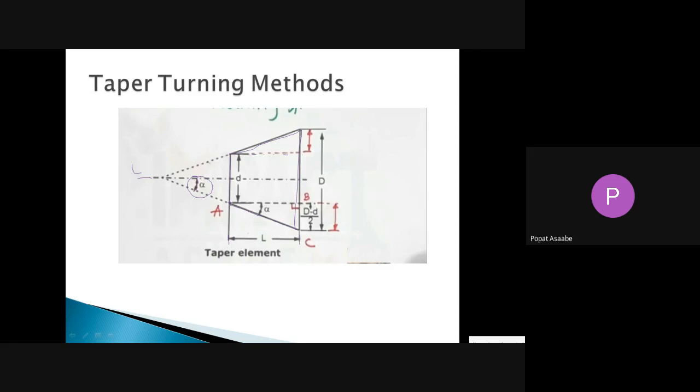Now suppose I want to calculate that much distance. Then how to calculate? Yes, anybody tell me. Suppose I want to calculate this distance and suppose I want to calculate this distance. Then how to calculate? Yes, anybody?